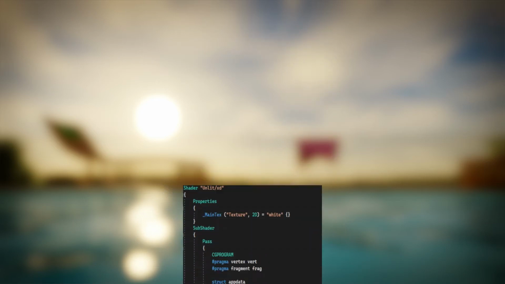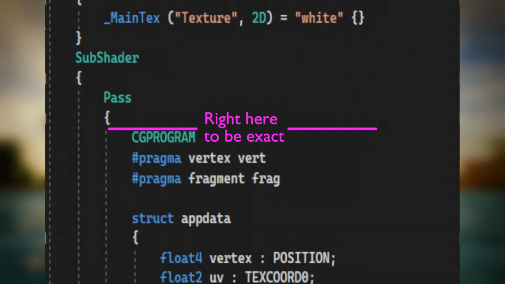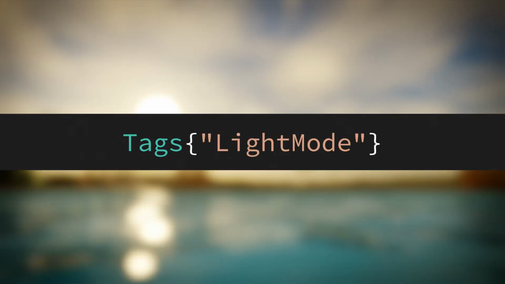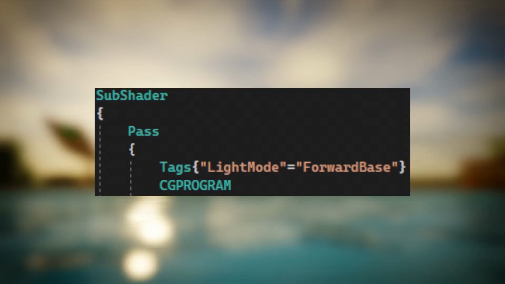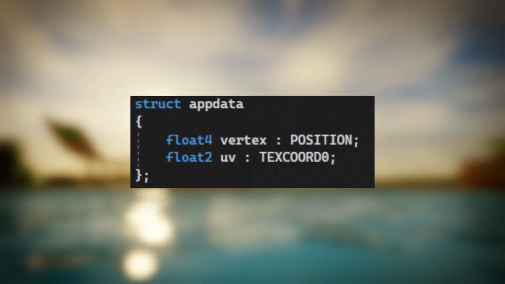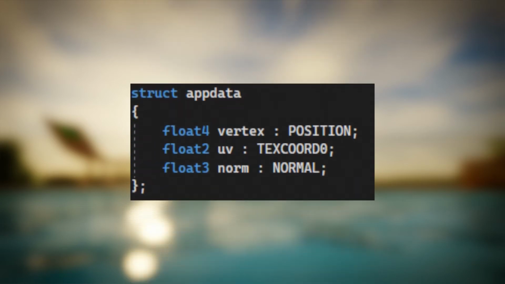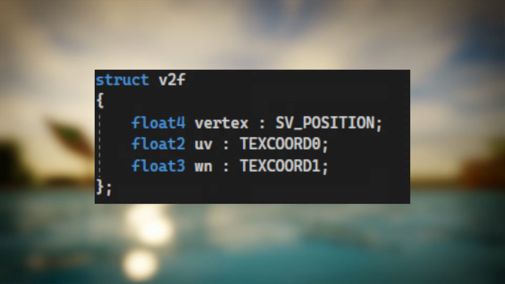First of all, and very important, we will add a tag on the pass. This tag will be LightMode equals ForwardBase. That will provide the necessary information for basic lighting on the pass. Now on the input structure, we will need the normal of the vertices. For that, declare a float3 as the normal, and for the output structure, also declare a float3 for